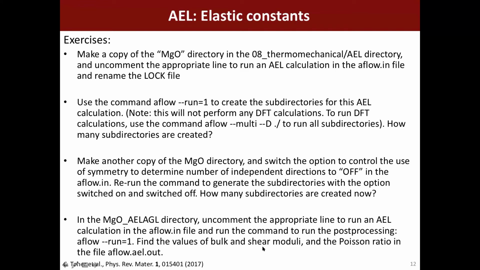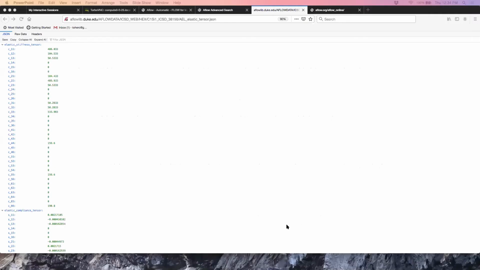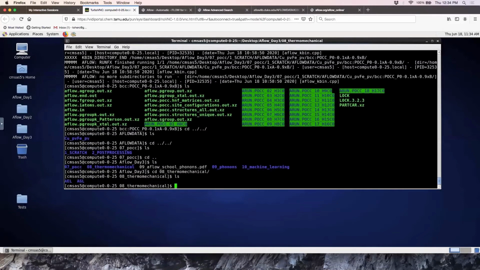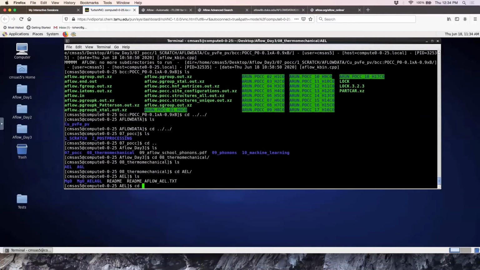So I'll just show you a quick example of how to do this. So you need to go and see where the files are. If we go to 08 Thermomechanical, do ls, so we see AEL and AGL. So we do AEL first. So we go inside. So here is a README. This just gives you the exercises. This file is the actual, basically the instruction manual for the AEL,